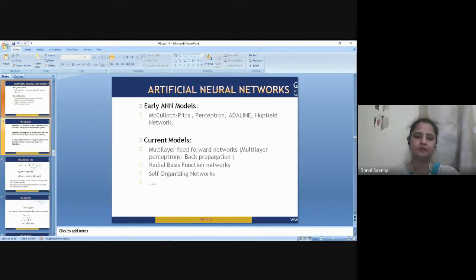So I hope the activation function is already clear to all of you. Now let us move on to artificial neural networks, where we have already seen the intro to the artificial neural network, but now we are going to see what exactly the types of artificial neural networks are and what is the use of them. So let me quickly recap this artificial neural network. I'll be starting from zero again with artificial neural network, and then gradually we'll be moving forward to the various types of artificial neural network that we have. Okay, so stay tuned.